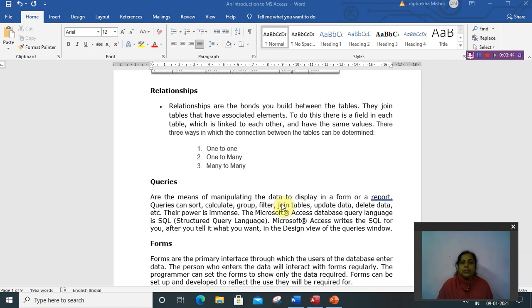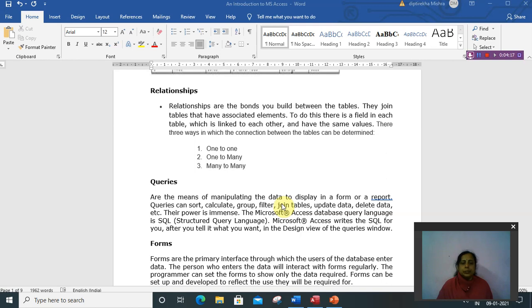The Microsoft Access database query language is SQL, means MS Access uses Structured Query Language to build the query, and Microsoft Access writes the SQL for the user after you tell it what you want in the design view of the query window. Means through query we can display the data of any table in a specific or criteria-based condition.